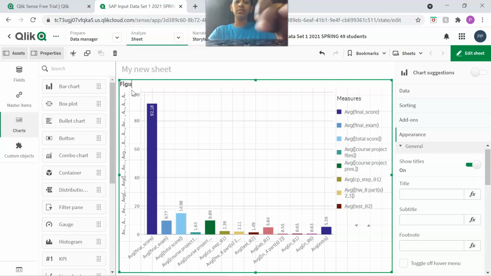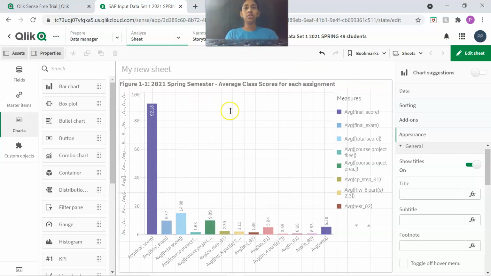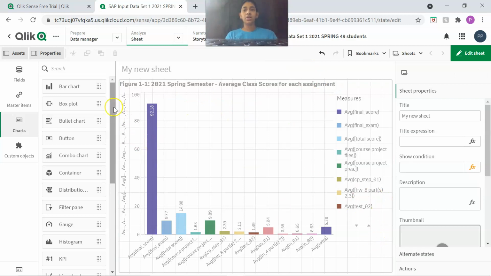So I will give figure 1.1 2021 spring semester average class scores for each assignment. So here you can see my chart looks good.